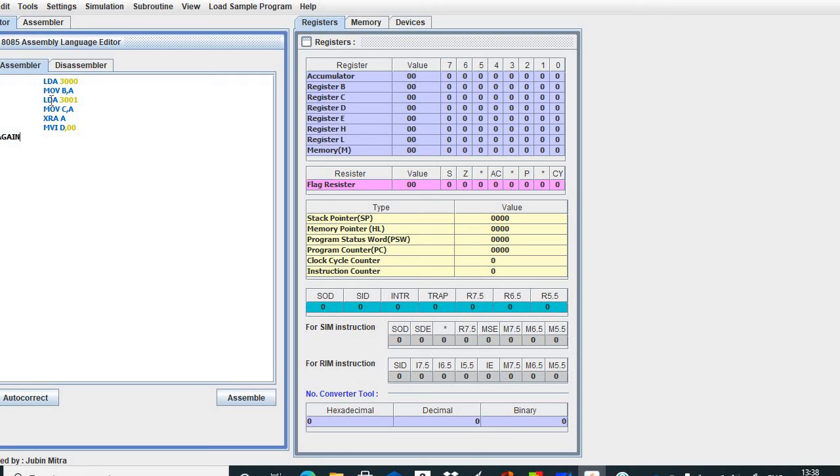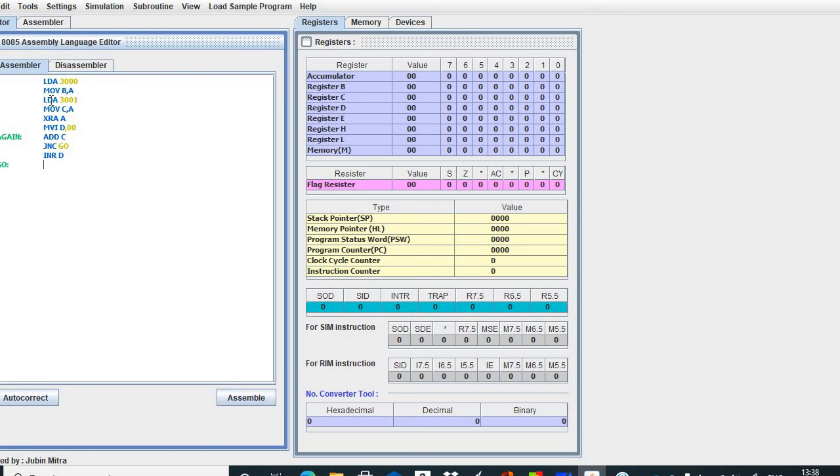Then again that one is the address or label where we jump, ADD C, then JNC GO, then INR D, then GO is the label.